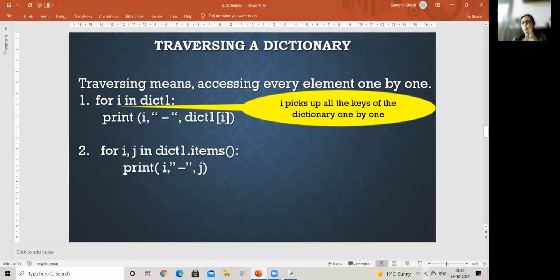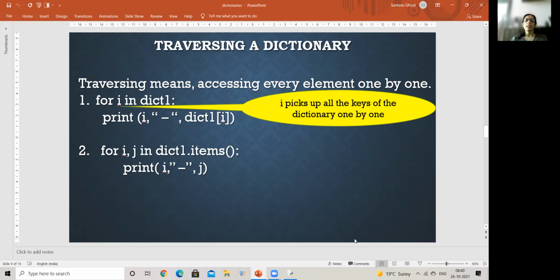Now, obviously, I'll visit it for a purpose. I want to display, I want to check something. After visiting every element, I want to do something with that data, whatever it is. Now, to move around in the dictionary step by step, we use loops, that is the for loop.